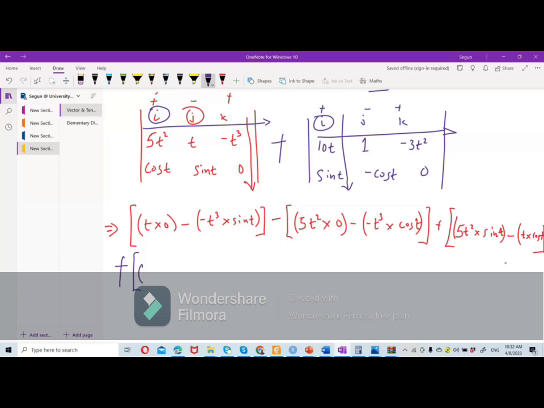So I have 1 multiplied by 0 minus 3t squared multiplied by minus cos t. Finish this one. Minus, open the brackets. We release this one. We deal with this one. So it simply means that you have 10t multiplied by 0 minus 3t squared multiplied by sine t